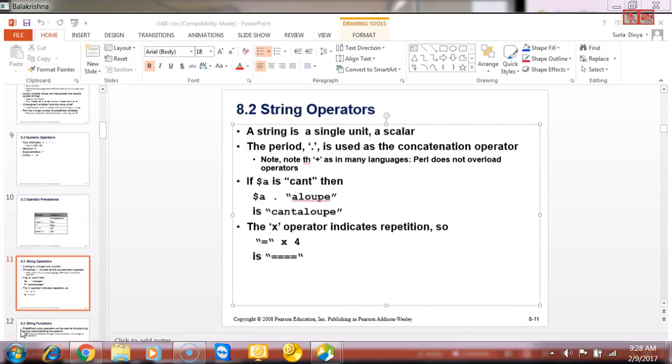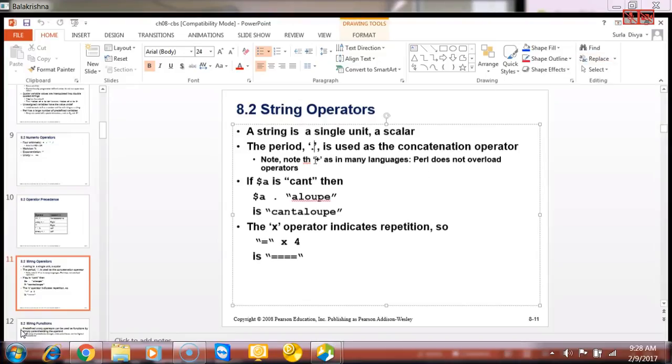Because the operator there is overloaded, its functionality in the context of strings is changed to a concatenation operator instead of addition. If you are using the same plus in the context of adding two integers, it does the addition operation. But since Perl does not support this, they have defined a special symbol called period, otherwise a dot symbol.